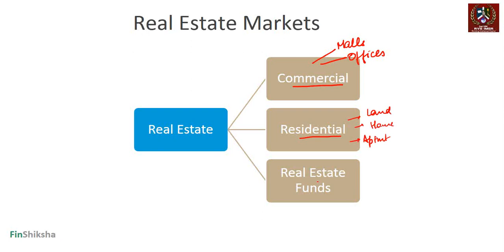You could invest in what is called residential real estate, where you could buy a land, a home, or an apartment, right? So you could buy any of these to be clubbed as a residential real estate investor. And then there could be real estate funds. These funds could be in the form of pooling of resources, or even international funds come in this, where you would pool money and then buy real estate, and that could be either commercial real estate or residential real estate, right?